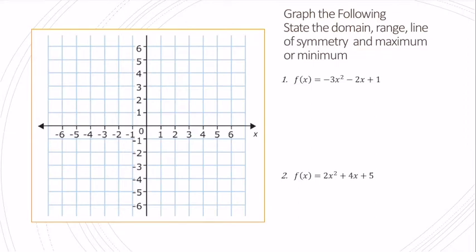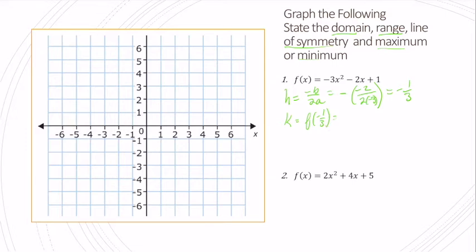So let's use the vertex formula. In order to graph the following, I want to state their domain, range, line of symmetry, and maximum or minimum. So h, my first part of my vertex, is going to be negative b over 2a. So I've got negative 2 over 2 times negative 3. That's negative 2 divided by negative 6, which is a positive 1/3, so I'm going to have negative 1/3. And then my k is f of